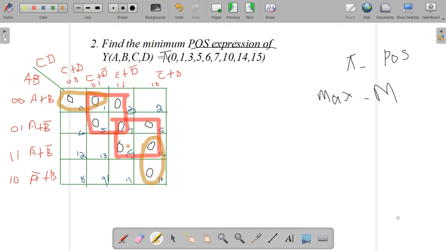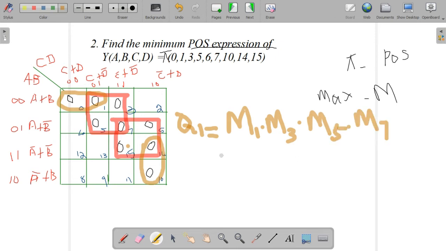So you can write quad 1, first one, quad 1 equal to, what is the value? Capital M1 dot, you remember that is dot, okay? Dot M3 dot M5 dot M7. Then how to reduce this expression also, you know, which one is changing? A dash, A is not changing. So it will write A. Yes, okay, A. The next one. Here which one is changing? C. D dash is not changing. So we can write quad 1 equal to A plus D dash.